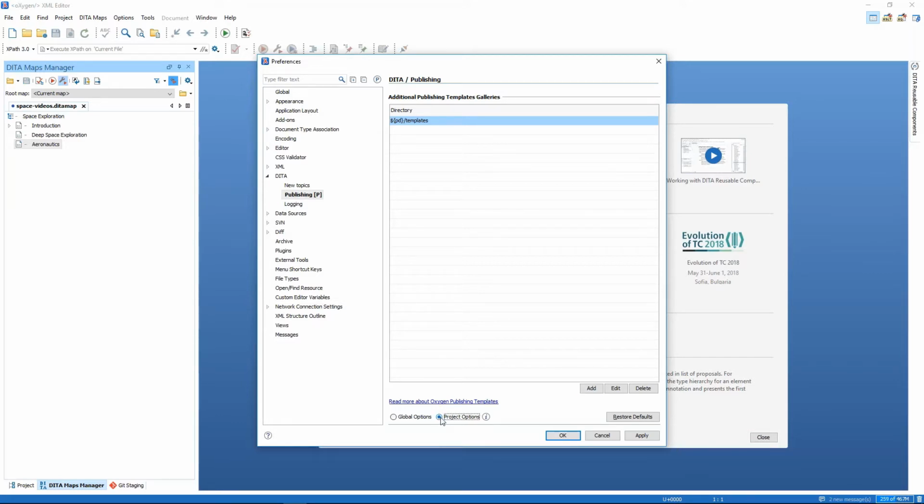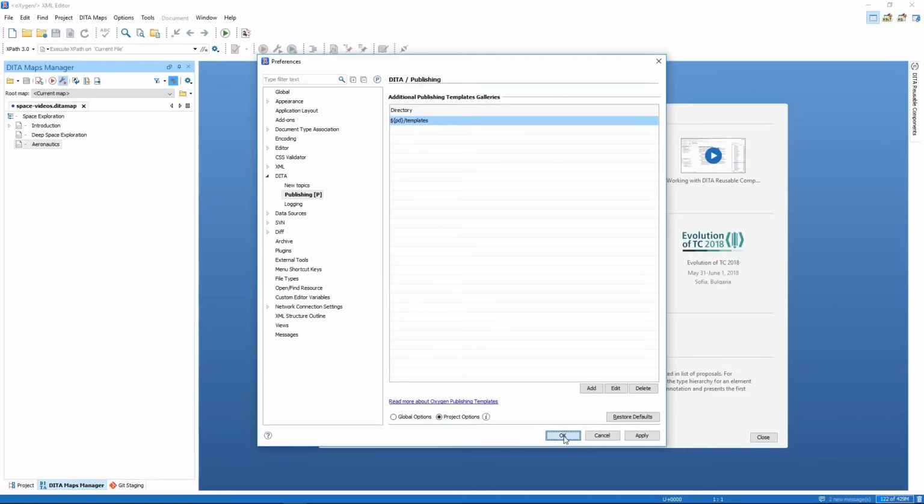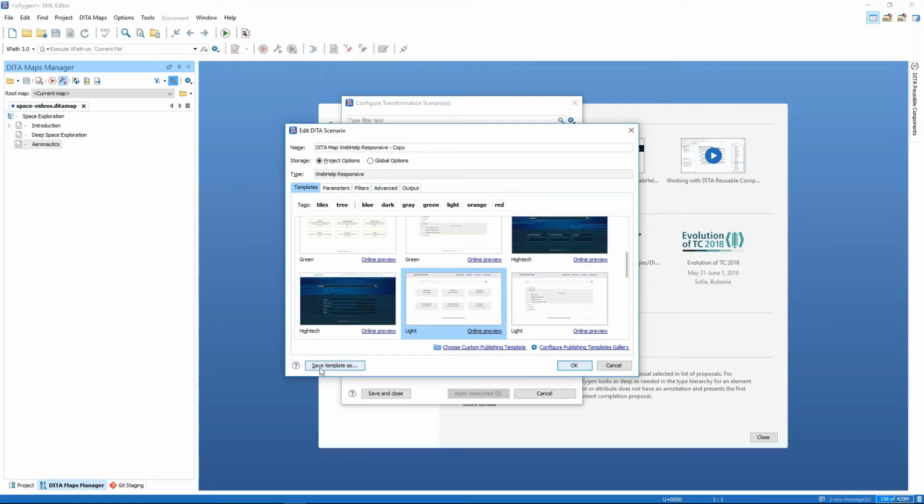So I click this project options. What happens now is that this setting, along with the template that I'm going to create, will reside inside the project. So all I have to do to share this customization is to share the project with the documentation team, and they will automatically have access to the customization that I'm about to develop. So let's return to Oxygen. Click OK. And now I will save this built-in template